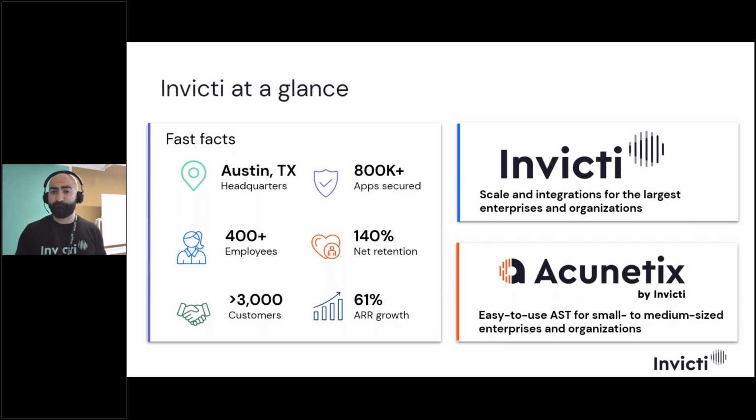We've been securing web applications and APIs dynamically throughout all these years. We also offer IAST, interactive application security testing tools, and SCA, which is software composition analysis. We are based in Austin, and we have offices all over the globe. We've been securing, as I mentioned, more than 800,000 applications. We're more than 400 employees, and we're talking about more than 3,000 customers.